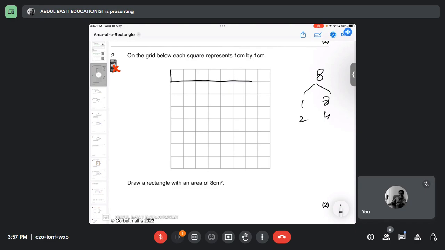What would be the area of this rectangle? 8 होगा कि नहीं? यस सर, 8 होगा। ओके, और 2 4 वाला भी बना सकते हैं। ये हो गया, 2 and that is 4. समझ आ गई? यस सर। ये अगर आपने ऐसे भी बना लिया तो वो भी ठीक है। ठीक है, इन सब का एरिया देखें, 8 आ रहा है। You can see that इसका भी एरिया 8 है, इसका भी एरिया 8 है, इसका भी एरिया 8 है।